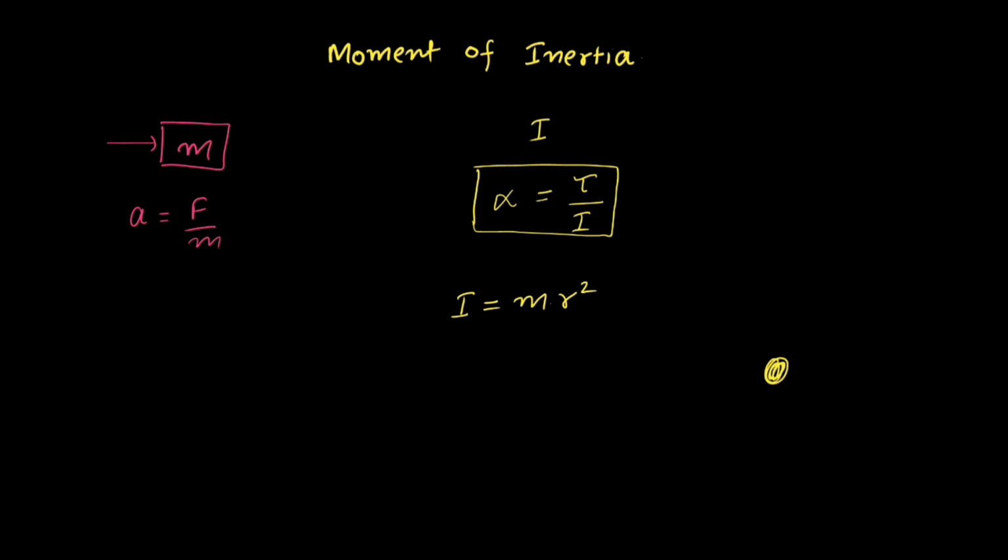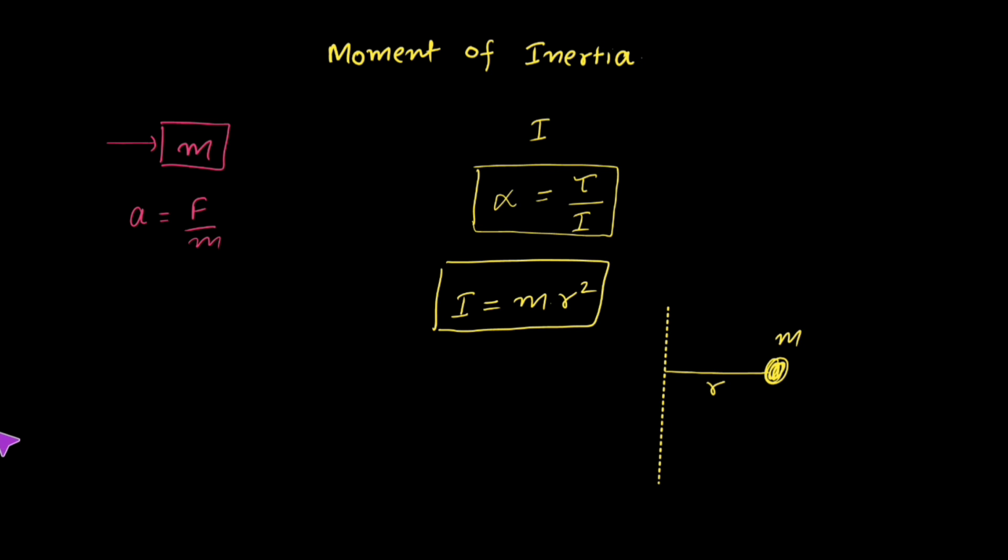Consider this to be an object of mass m, and this object is rotating about an axis. So this is an axis. The moment of inertia of this object of mass m, which is rotating about an axis, would be equal to the multiplication of mass into the perpendicular distance of this object from the axis of rotation, squared. We have to take the square of that distance and multiply it with its mass. So this is the formula for moment of inertia.